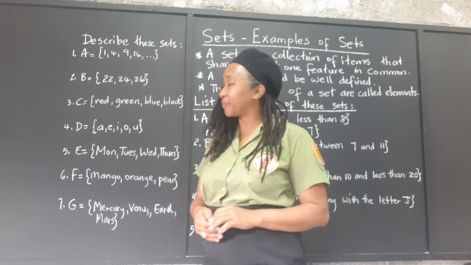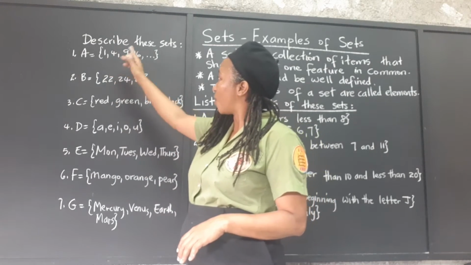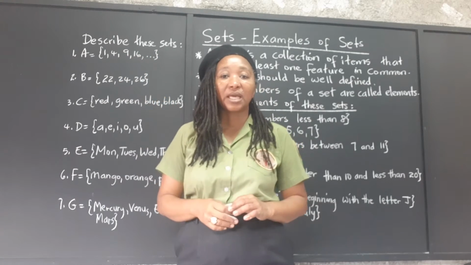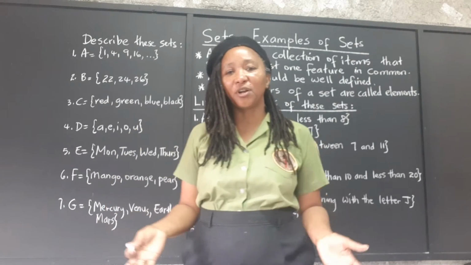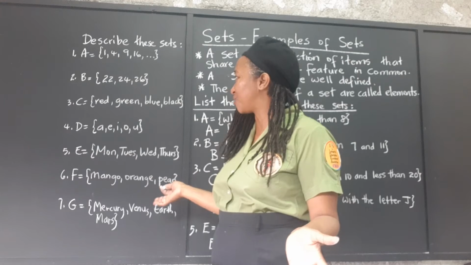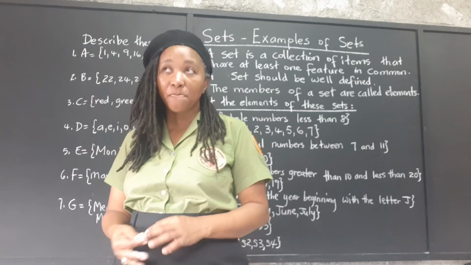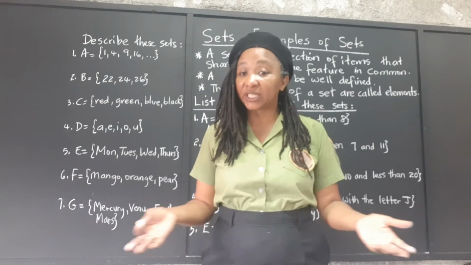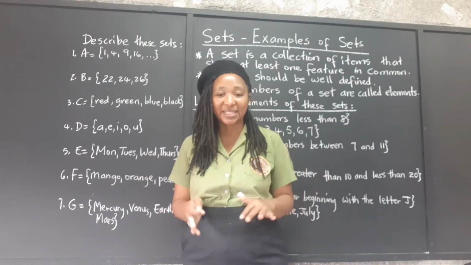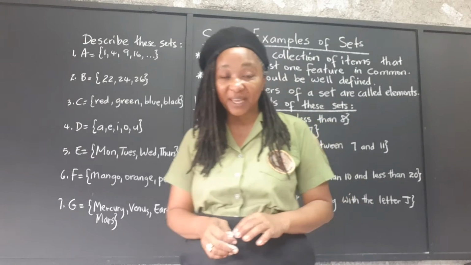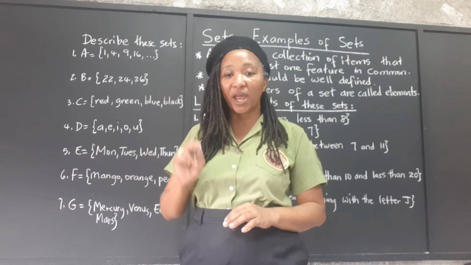So set A starts with 1, 4, 9, 16. Can you identify what special numbers these are? There are several ways we can describe them. We could say they are whole numbers, which they are. We could say they are counting numbers, which they are. But if we want to give it the best description, the most specific description, we would say these are the set of square numbers,